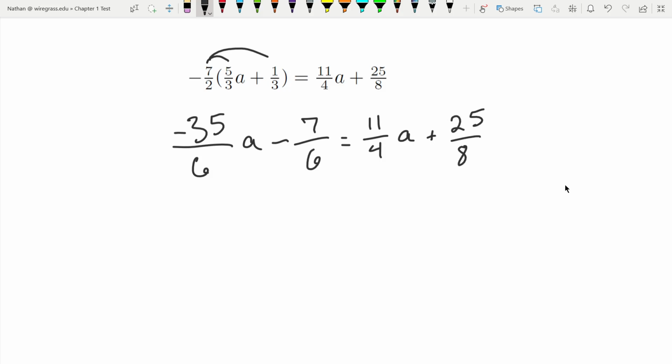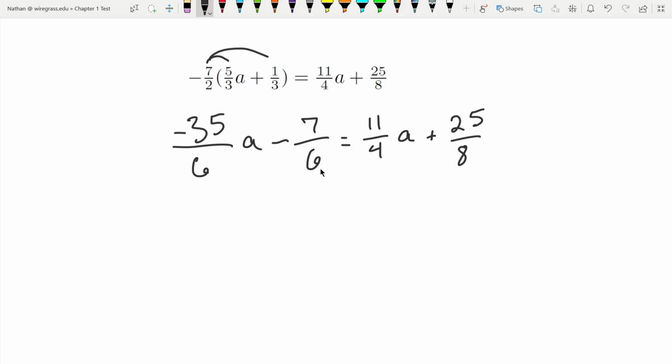Okay, now I can multiply through everything by a least common denominator of all the fractions, and that's going to make this a lot easier to work with. So I have 6, 6, 4, and 8. We know 4 and 8, right? 4 times 2 is 8, so really these have the same